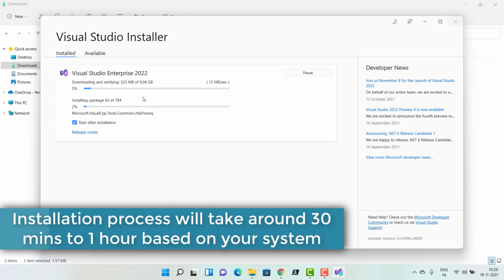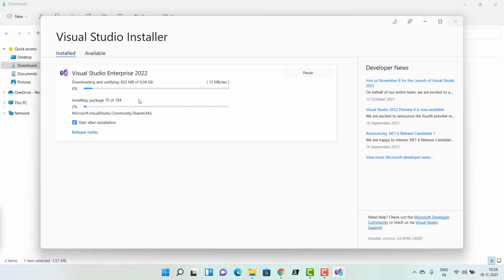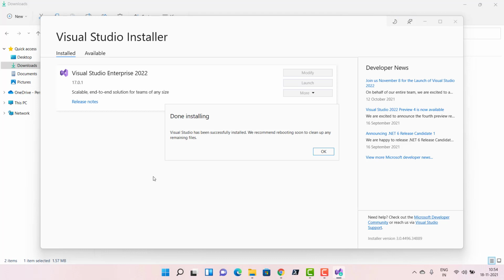So overall, the download size is about 9 GB and the disk space it is going to take is about 40 GB, 41 GB once the installation is complete. So let's wait for the process to complete. Now we see that the installation is complete. Now we'll have to reboot it.